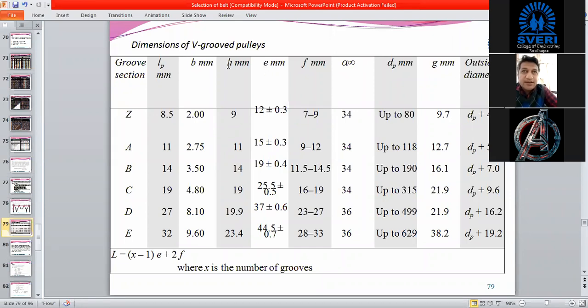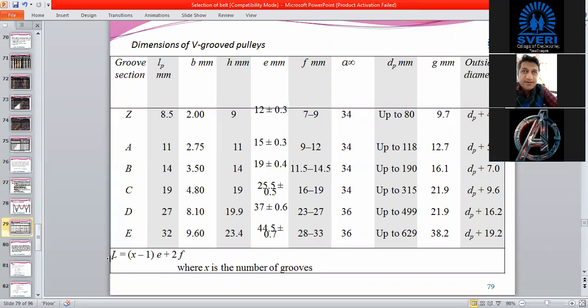Based on that we decide the other dimensions, that is H, E, F, alpha. Then dp, G, outside diameter all depend on the type of section of the belt which you are going to use.